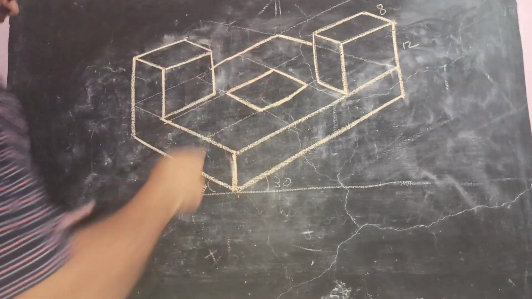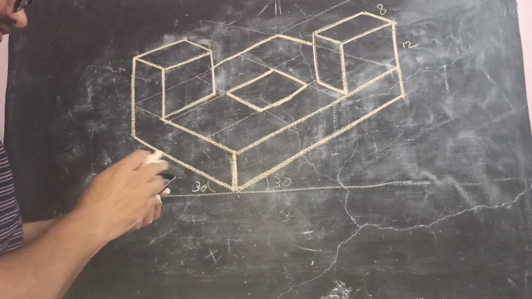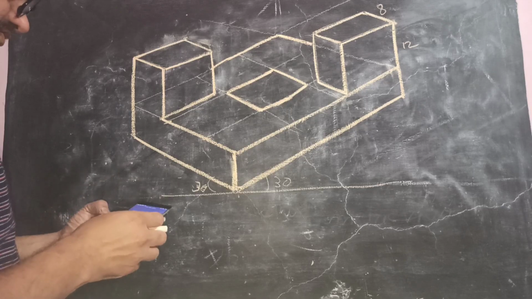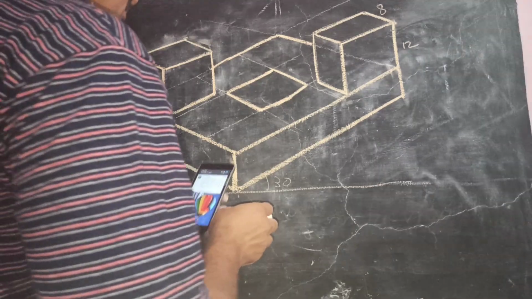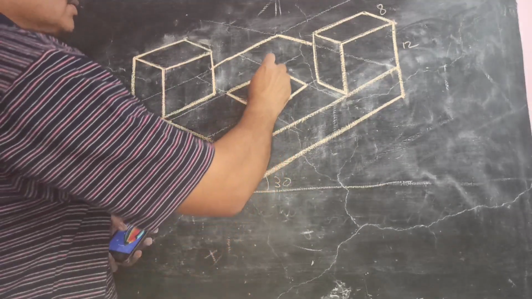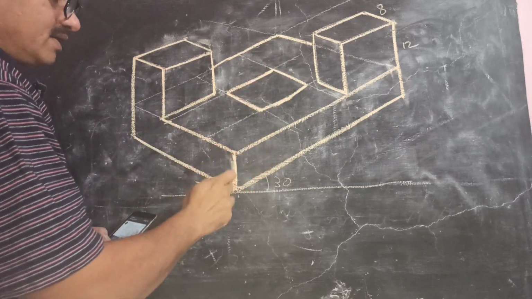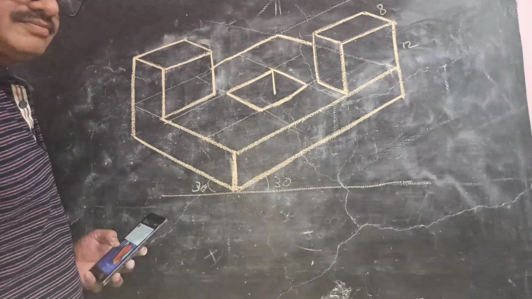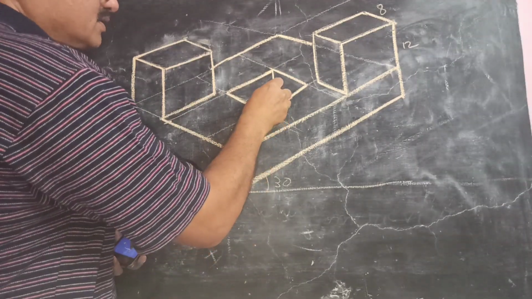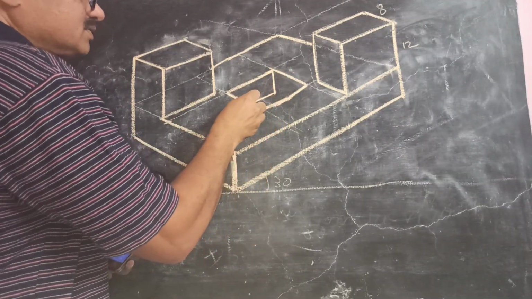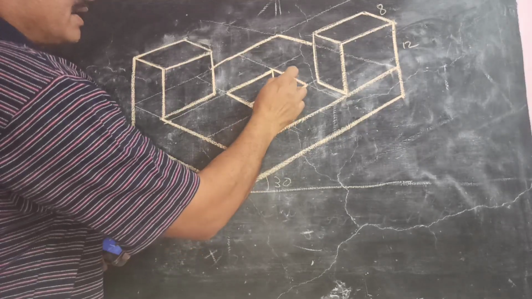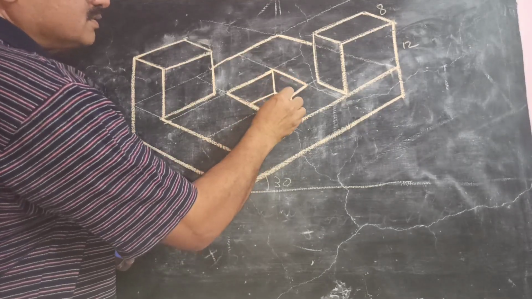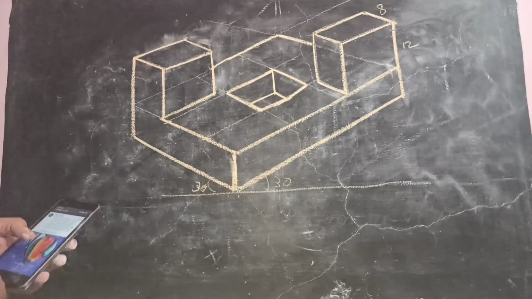Now it is having certain depth. So that depth is of 8 mm, because this is having height 8 mm. So draw a line from here parallel to this, or straight line vertical of 8 mm. And then from here draw a line parallel to this and draw a line parallel to this. So this is what is the